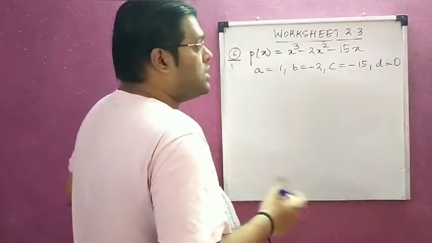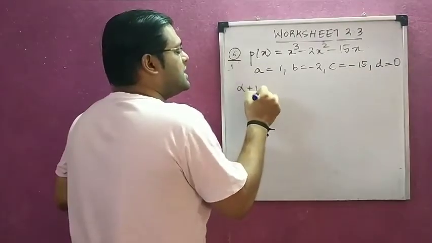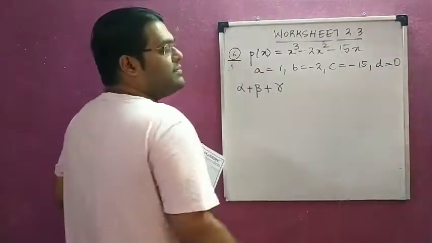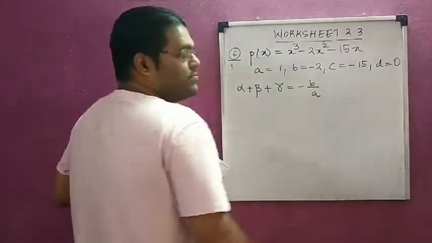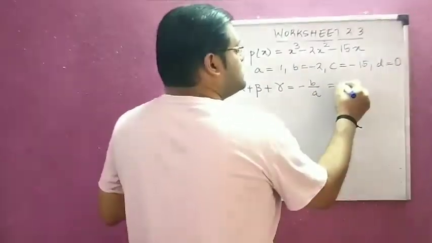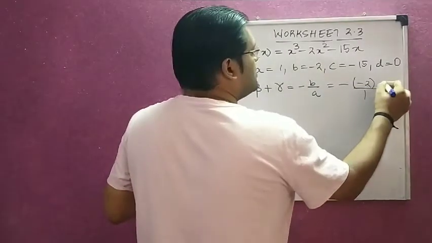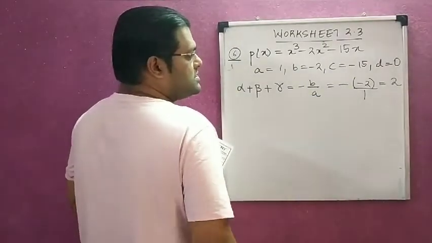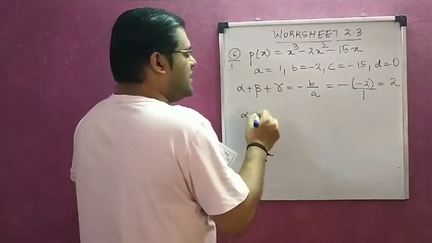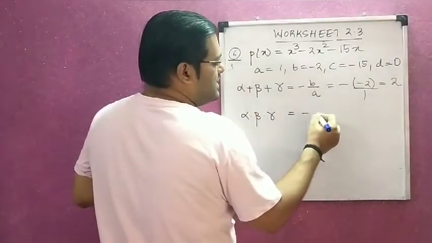Right? What are we asked to find? We are asked to find the sum of the zeros. That means alpha plus beta plus gamma. The formula is minus of b upon a. What is minus b? So I can say minus of minus 2 upon 1, which is equal to 2, because minus minus become plus. Then we are asked to find alpha into beta into gamma, which will be minus d